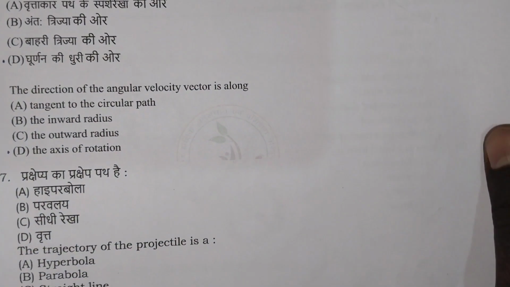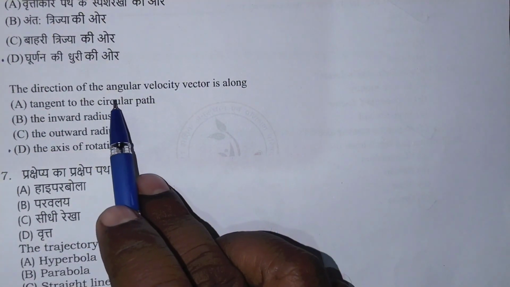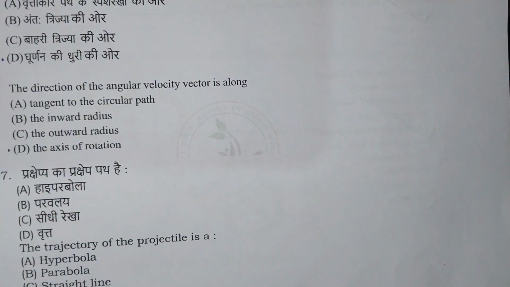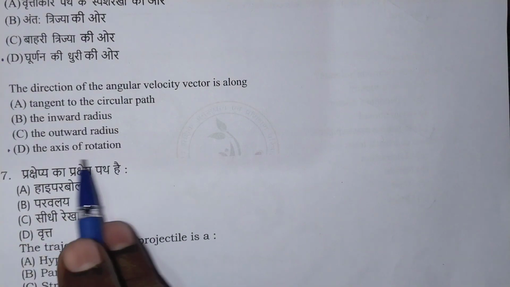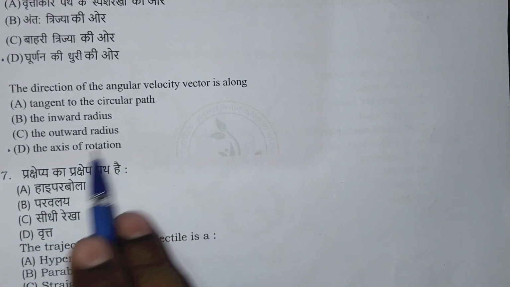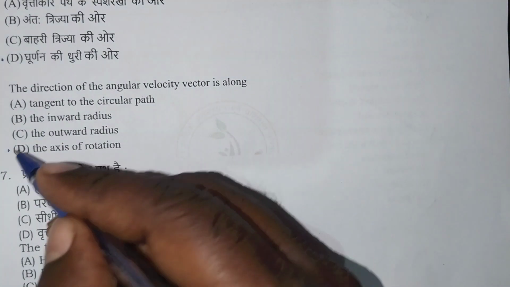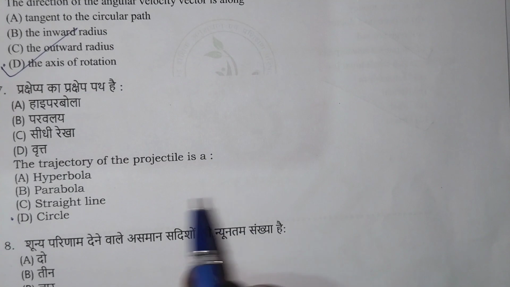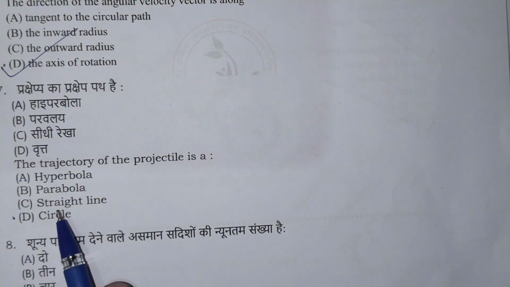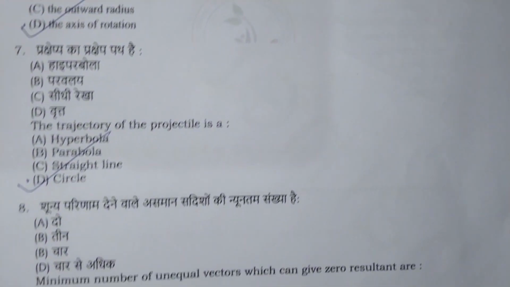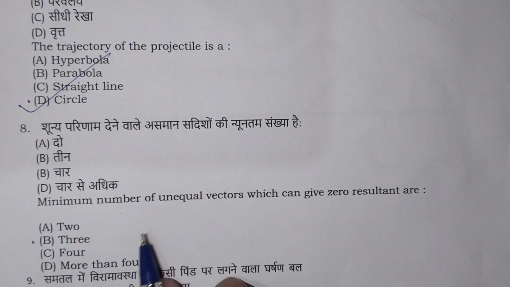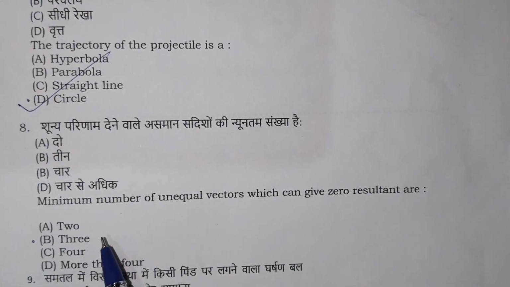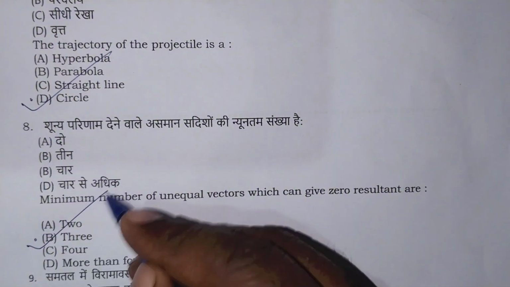6 नंबर, the direction of the angular velocity vector is along tangent to the circular path, inwards radius, the outwards radius, the axis of rotation। Right answer। The trajectory of the projectile is a hyperbola, parabola, a straight line, circle। Minimum number of the unequal vectors which can give 0 resultant are 2, 3, 4, more than 4, 3।